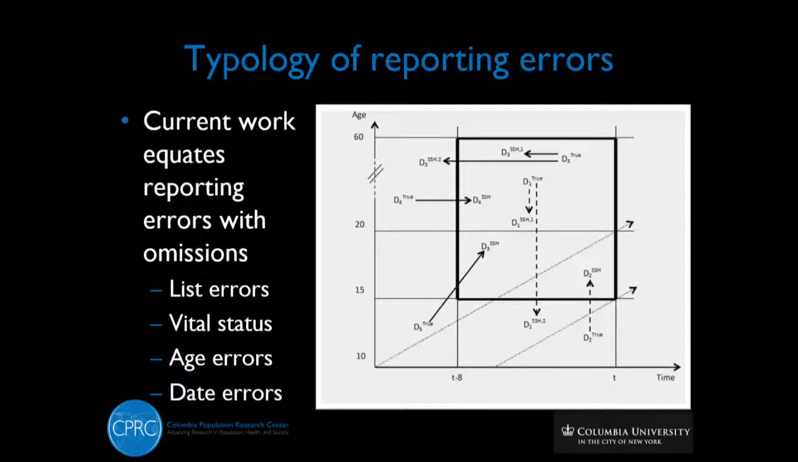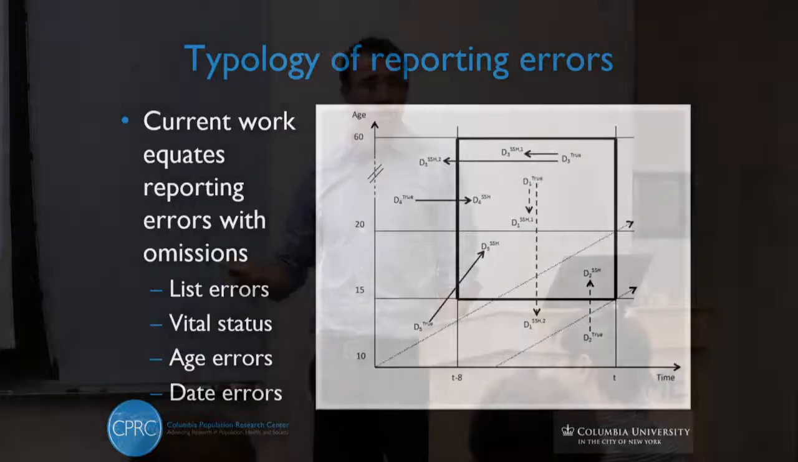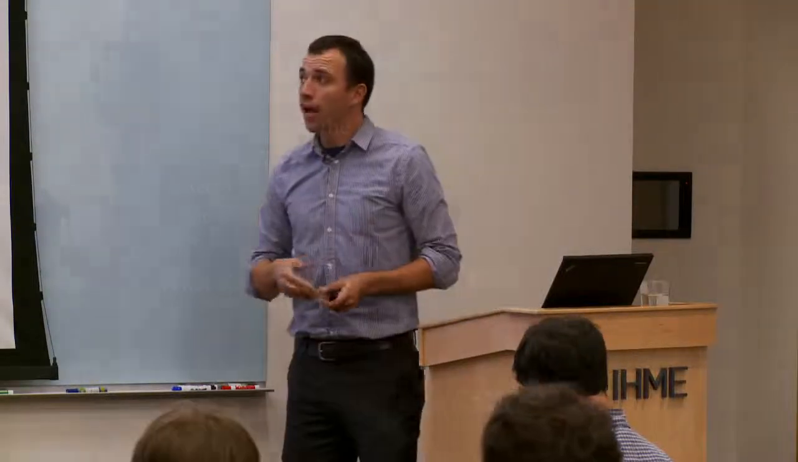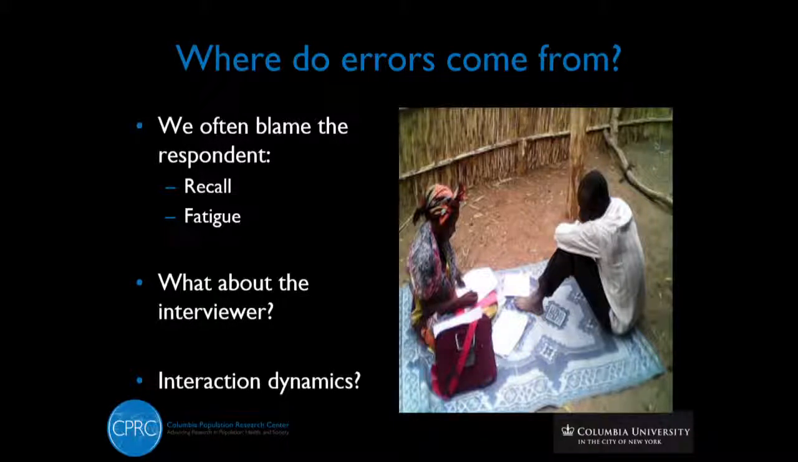And in order to estimate the impact of reporting errors on estimates of adult mortality, we kind of need to have a sense of where these flows are coming from, where they are going to, and how big they are. Essentially, one thing that we need is to understand how errors come about during the interview. And in current work, I think that the problem is with the respondent, okay, because either they don't remember things. The problem is recall, okay,